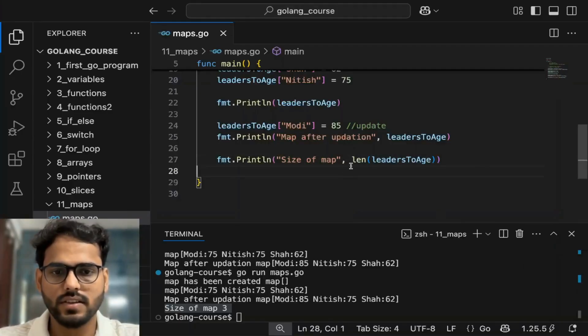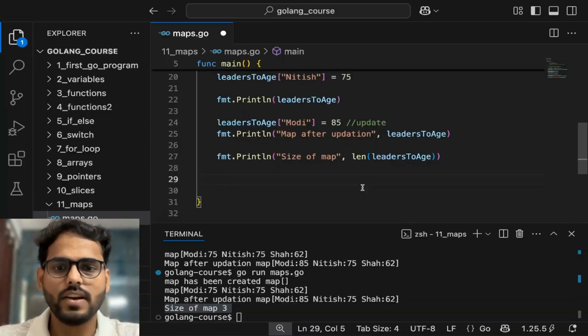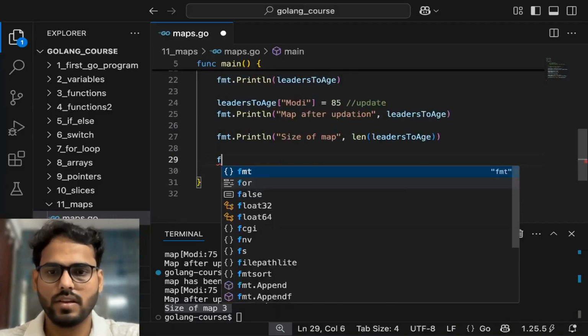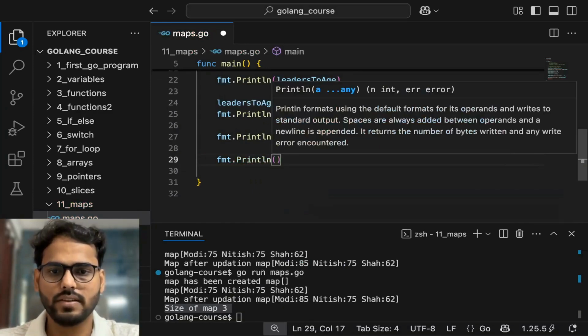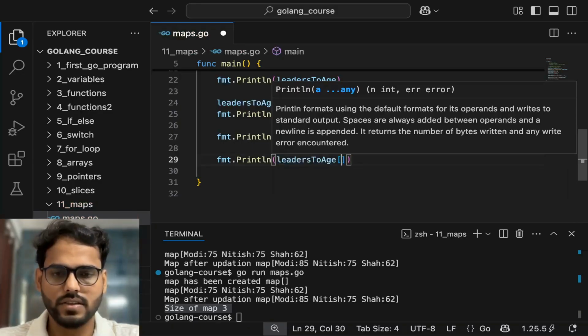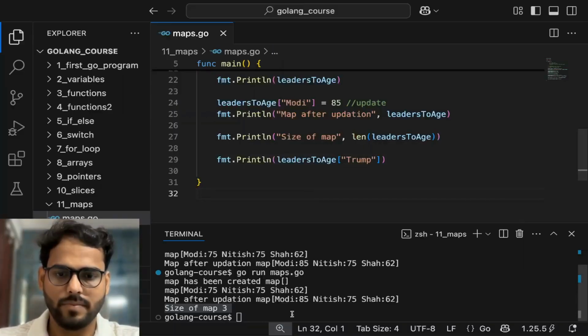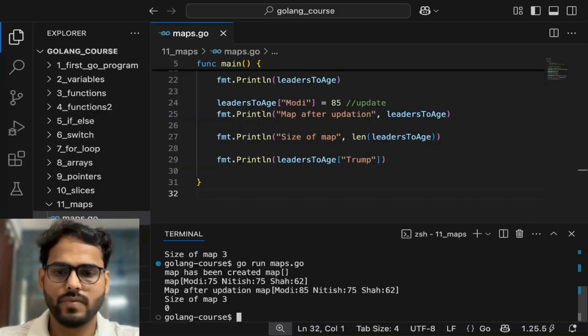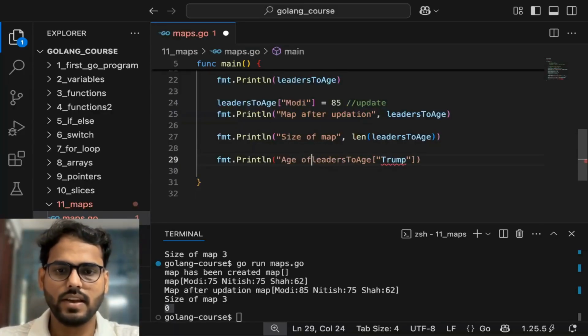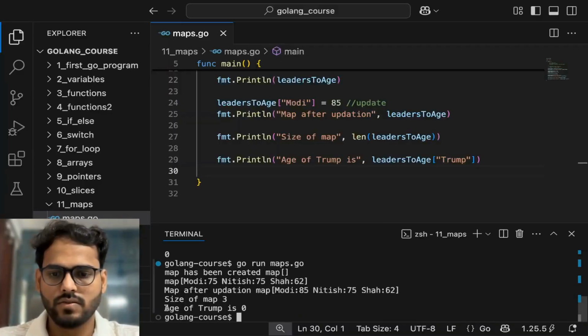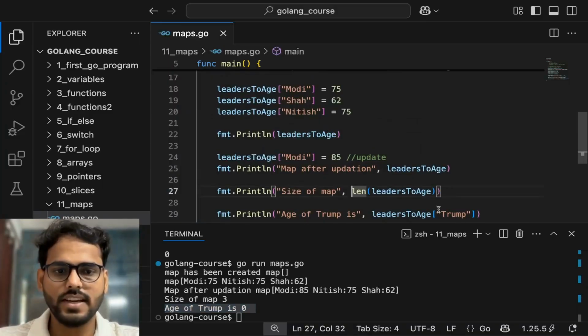So here we can see the size of the map is 3. Now let us see how this map will behave when we try to access an element which is not present in this map. Let us say I do fmt.println leaders to edge. Let us say we try to find the key trump which is not there in the map. Let me add a string here as well, edge of trump is. So here you can see it is returning edge of trump is 0, although this key trump does not exist